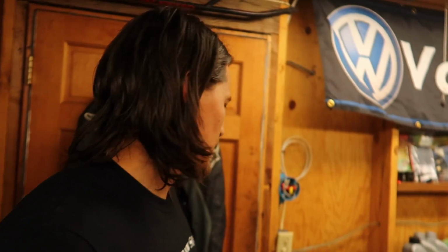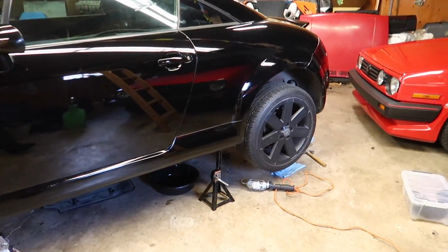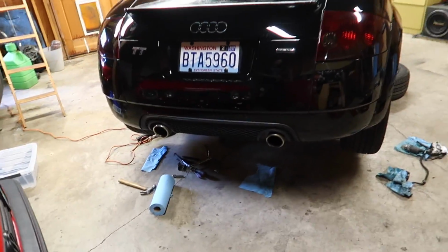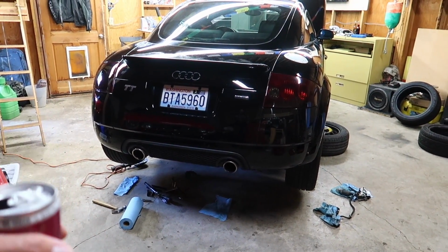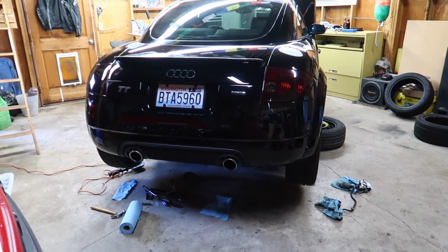So yeah, today we are going to be in here. We are going to be working on the Audi. As you can see, I already have it up on jack stands. I have been doing some work to it, but I didn't want to film anything until I knew what was going on. And so I always thought the rear wasn't hooking up or wasn't engaging all